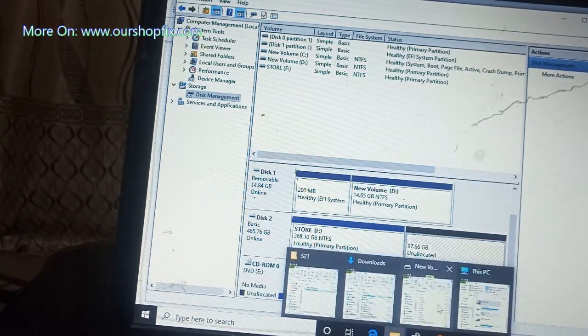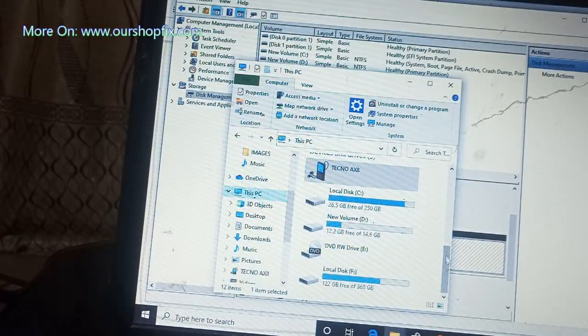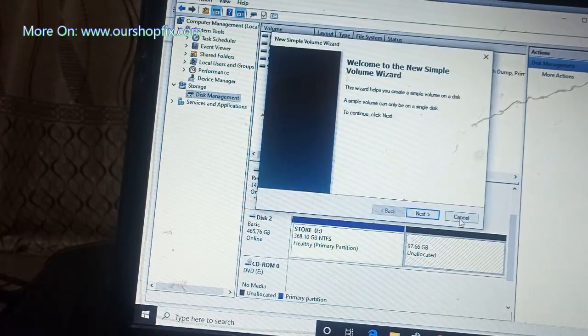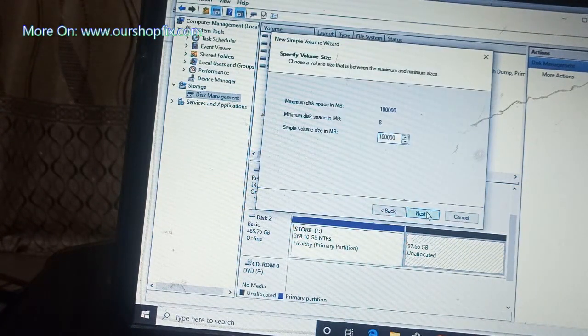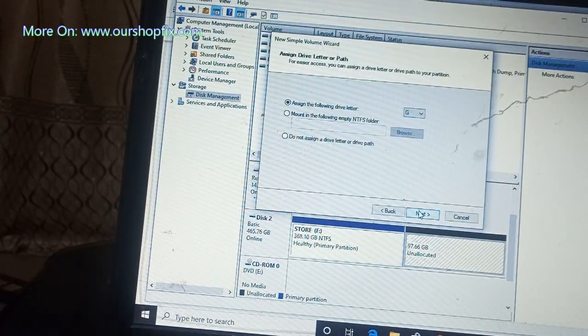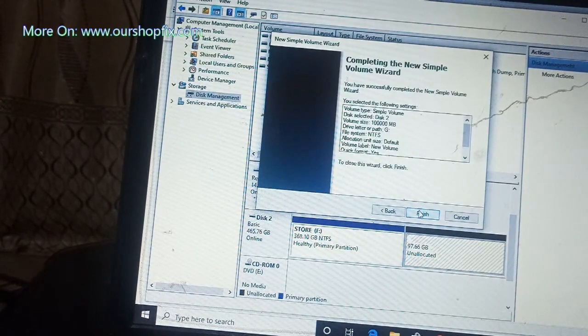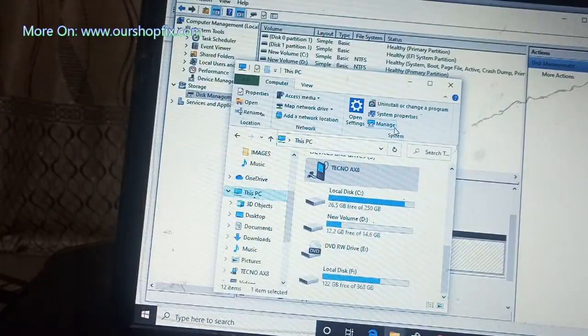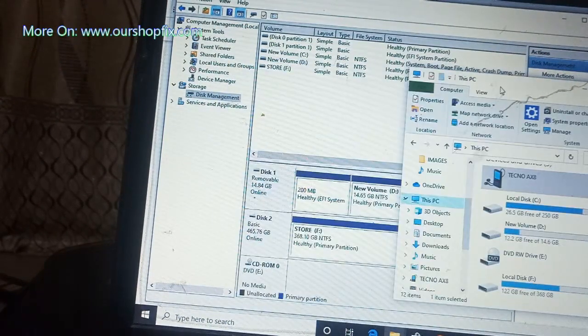If I check back in This PC, I'm going to see only 3 drives available, which means this is unknown. So I can just make it a new simple volume, and then see it now, this is 100,000 megabytes, which makes 100 gig. So I'll just make it a visible partition, and then we'll rename it to macOS, so that when I come to the disk